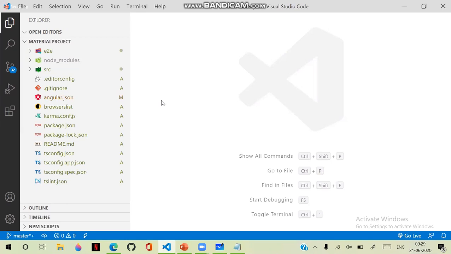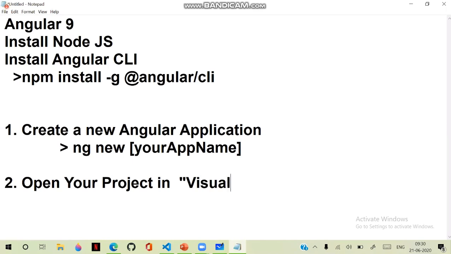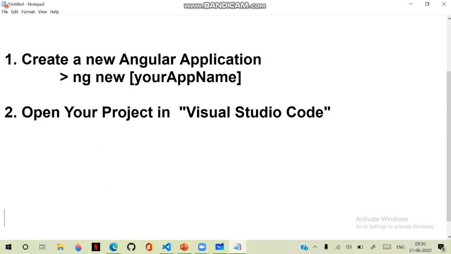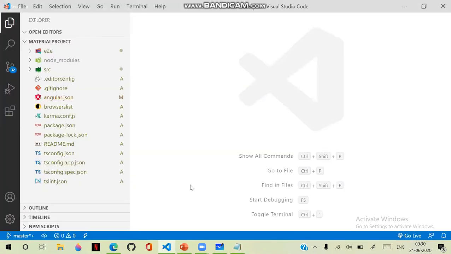Let's see. First step, after creating the project, your project is ready. Now open your project in VS Code, Visual Studio Code. These notes I will share with you, and the presentation I will share with you towards the end, so that you can follow these steps and handle it, right? So create a new Angular application and open it in Visual Studio Code. Now in this, what we will do,